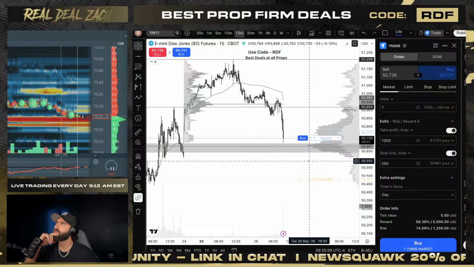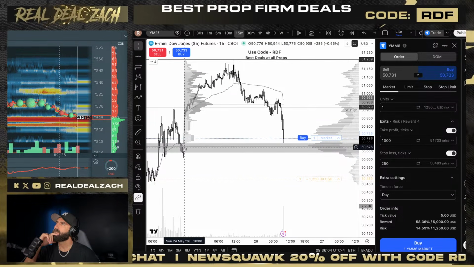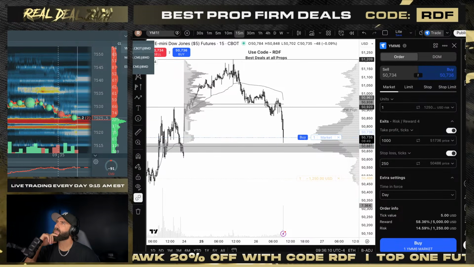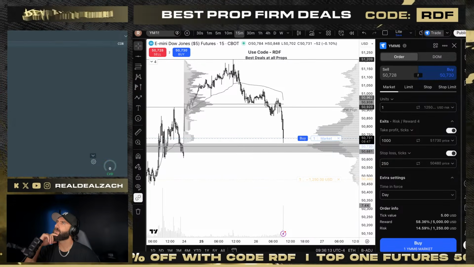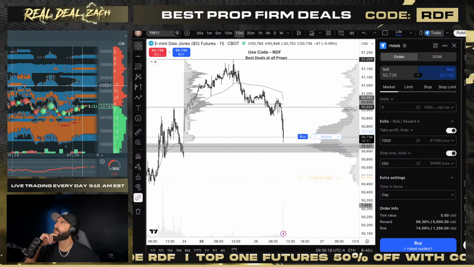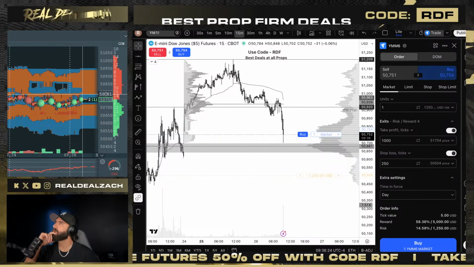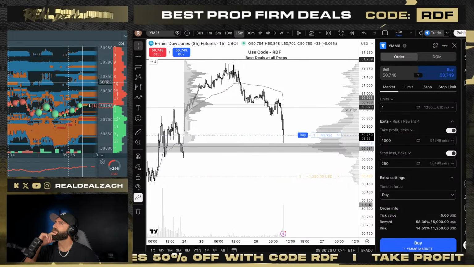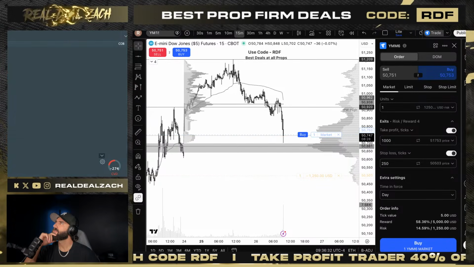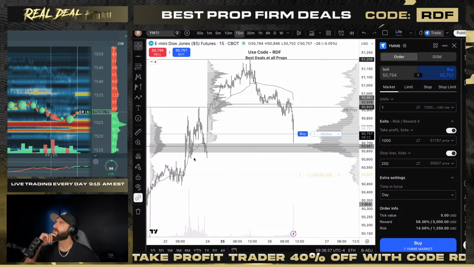Let's see. Watching ES on Bookmap over here come down, fill some liquidity. YM not gonna do it. Taking a look at NQ, taking a look at YM on Bookmap. Nothing really down there. Man, is this going to be another one of these? Going to be another close but no cigar for my entry?